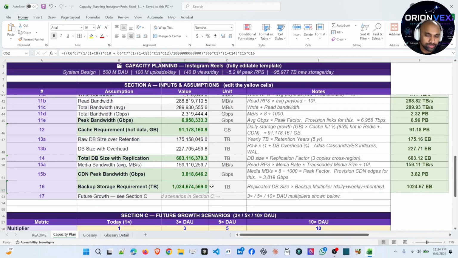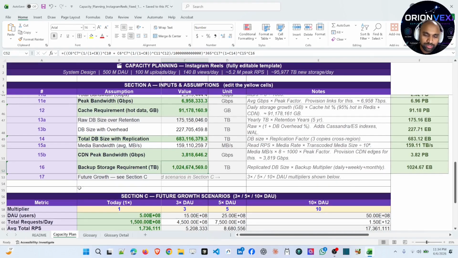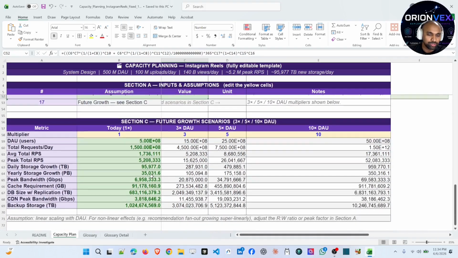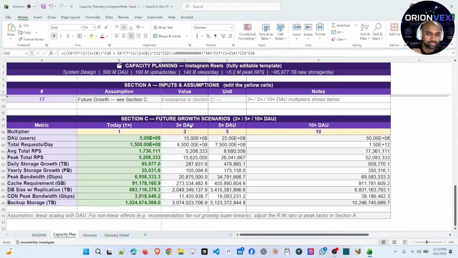1024.67 exabyte. Let's come to the future growth. If we want to project this 1 year value into the future value, 3 year or 5 year or 10 year, just do a multiplier with that number. This is the 1 year value. If you need to consider the daily average user requirement for the 3 year, just do a multiplication by 3. The corresponding values will be a multiplier of 3. This is how this projection is. And this is all about the